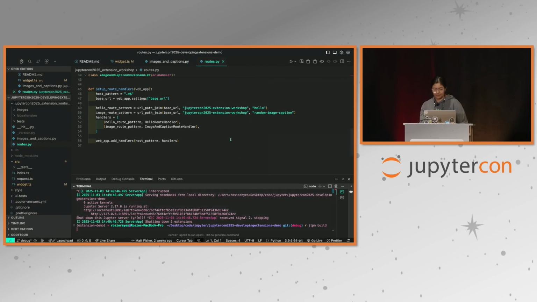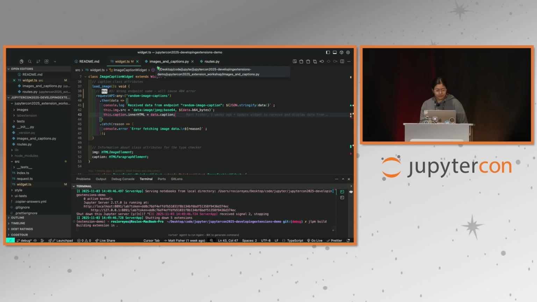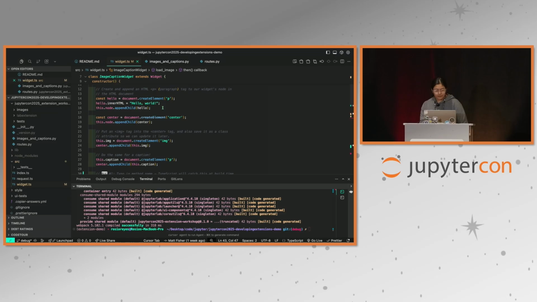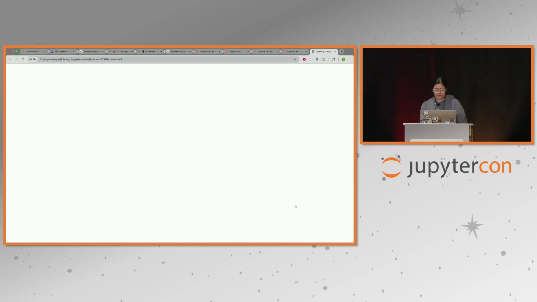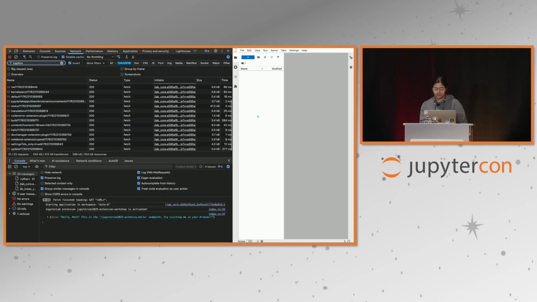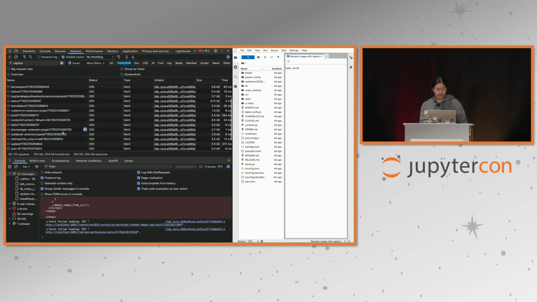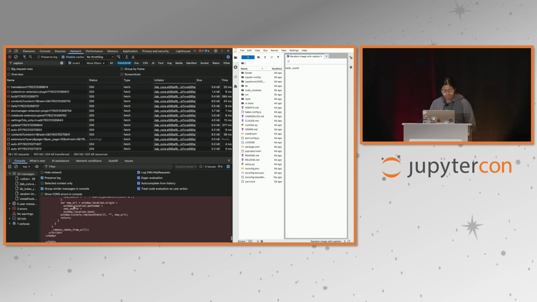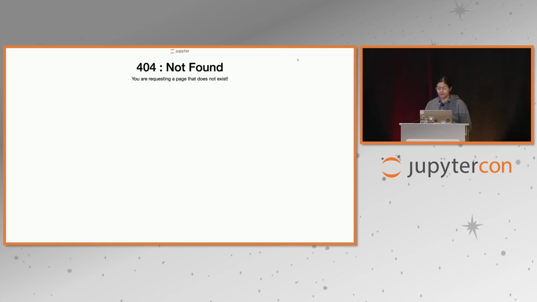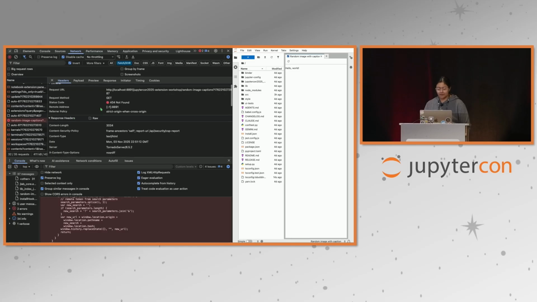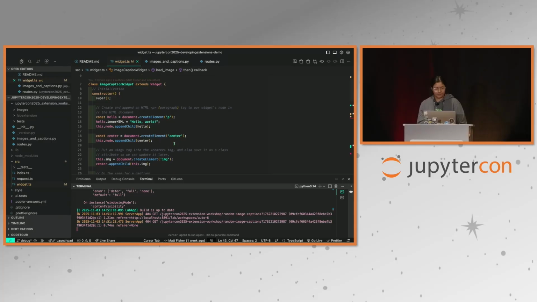We could build that with the update. Now I will quickly share JupyterLab. So if we launch the extension, we can see, where did it go? Okay, there it is. The same 404 error, not found, and it's making that call here. If we go back in there and change it back,